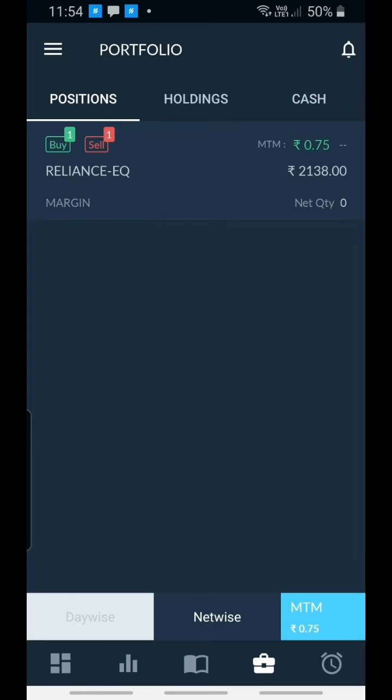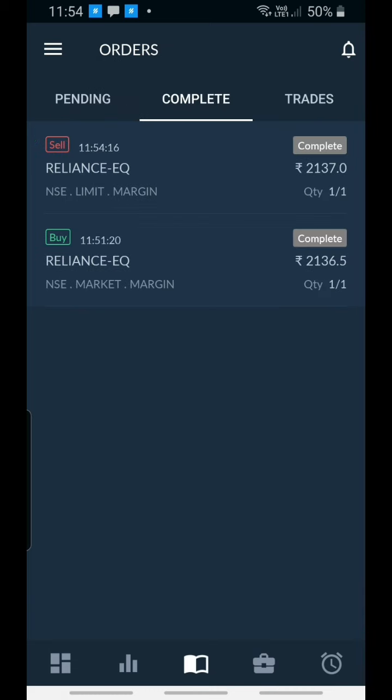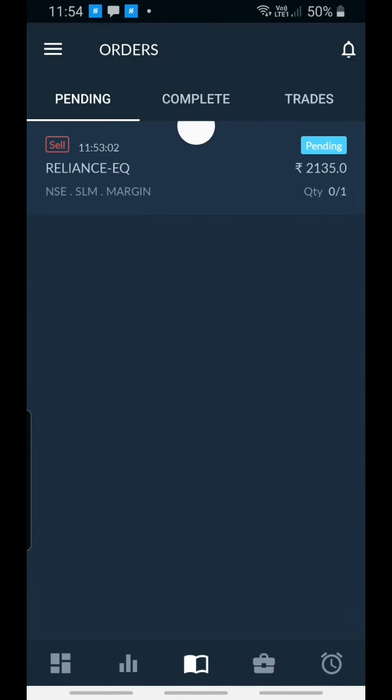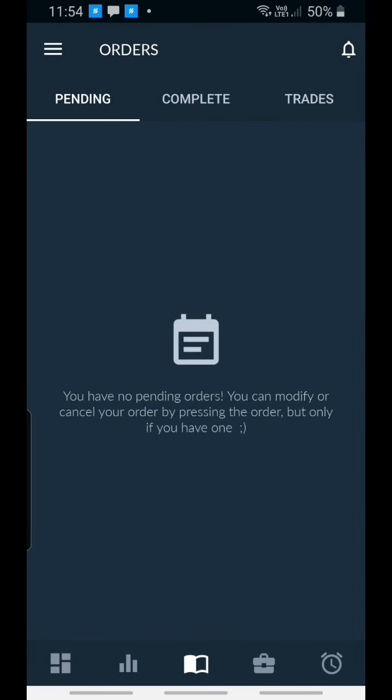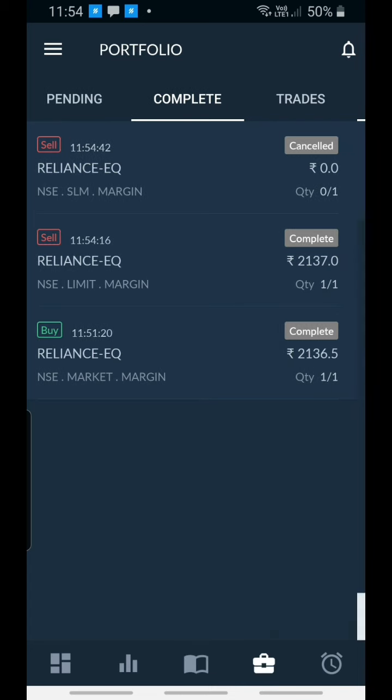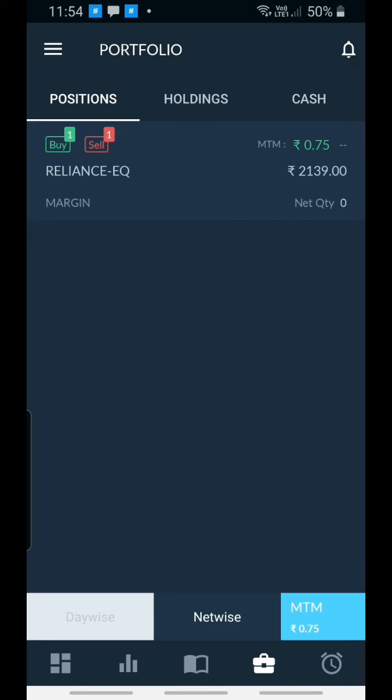See, my hand was so fast. So this is how fast you have to trade, right? Once one of your orders is triggered, then you have to go manually and cancel your pending orders, right? If you do not cancel your pending order, then once the price comes to that level, it will become, let's say, a sell order. So that will bring you trouble, right? Now you can see the price is moving around 2140. So this is how you take a trade in Asta Wave, right?